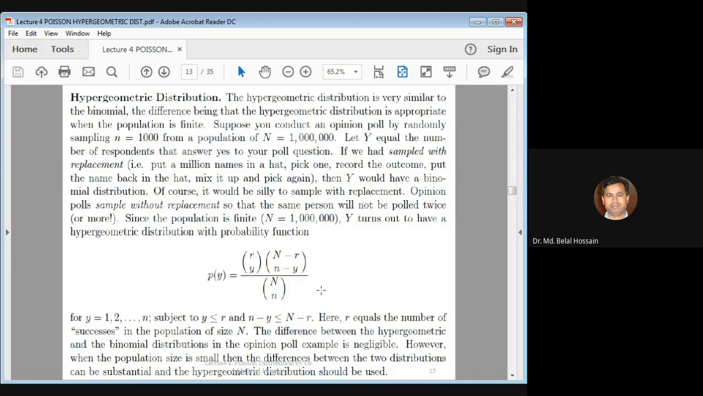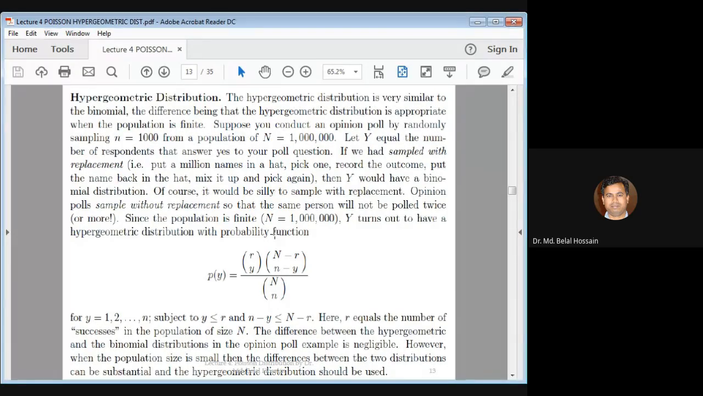Hypergeometric distribution. So you can find any value of y equals 1 up to n from this probability function. So this is a very close formula to the binomial distribution, but it has a different application,